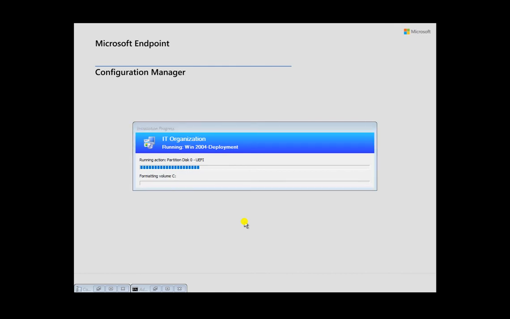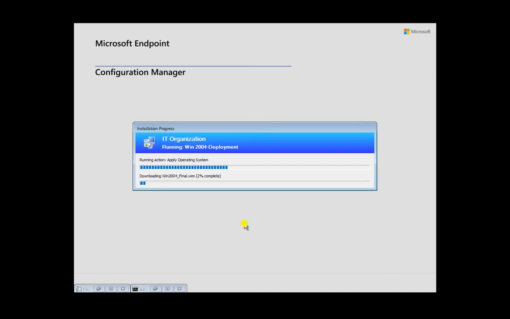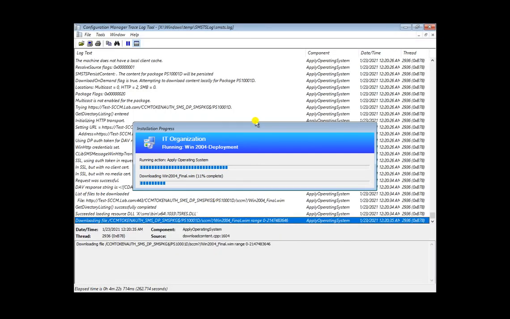So guys, that's how you can do it. I will keep it on hold for some time, because unnecessarily it will waste time and the video will be very lengthy. It will take around 15 to 20 minutes based on the RAM size you assign to your machine. So it's copying there, and you can track these things with this logs file.